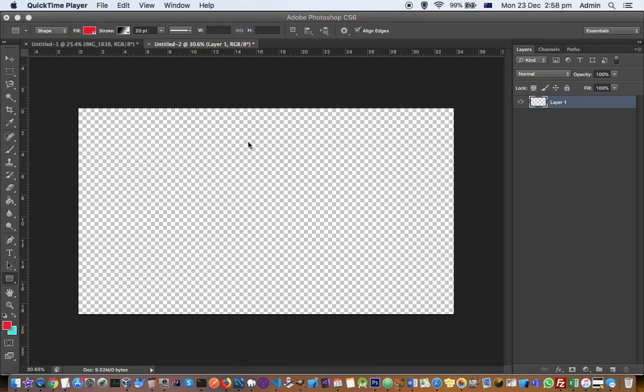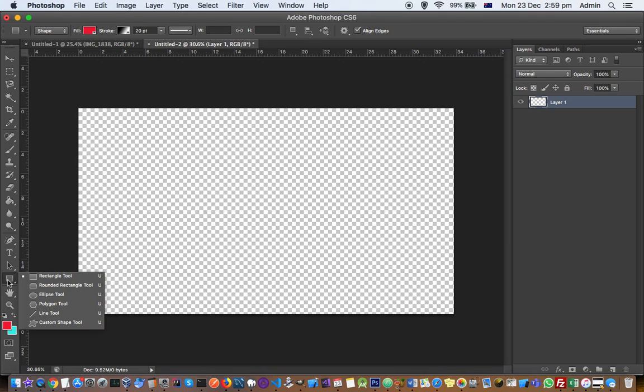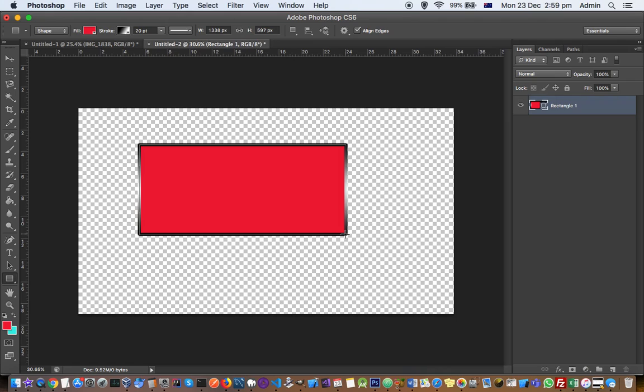This video explains how you can create circles with a dashed border, or rectangles with dashed borders, or for that matter any shape with a dashed border. For that, you have to go to this rectangle tool, or any other tool you can choose from here, like the polygon tool, ellipse tool, etc. So I'm going to select the rectangle tool, and just draw the rectangle, and this is how